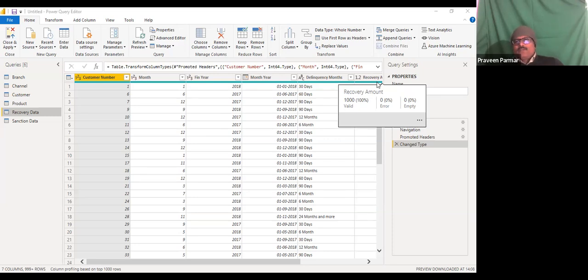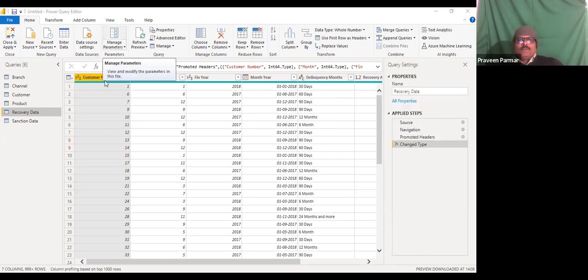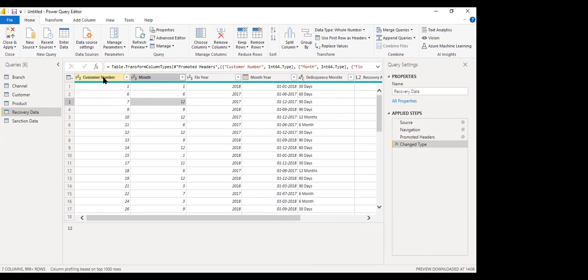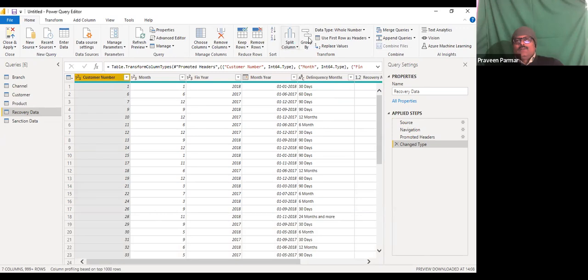Sometimes it does not provide the proper column data type, and it gets confused. Here you see the first column, 1, 2, 3 is written, and on the top you will see the data type. It is whole number. I will select this.